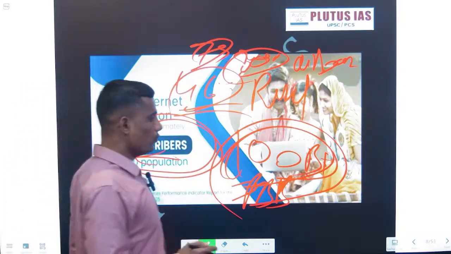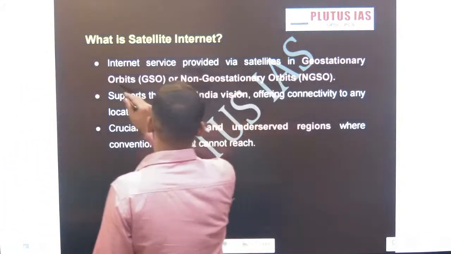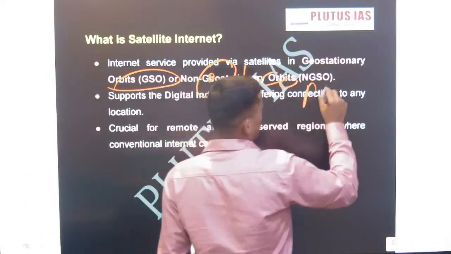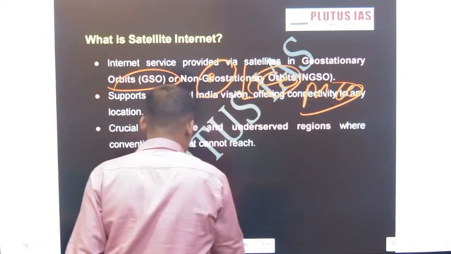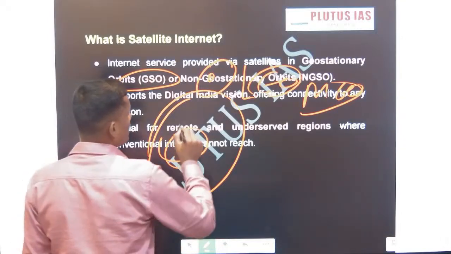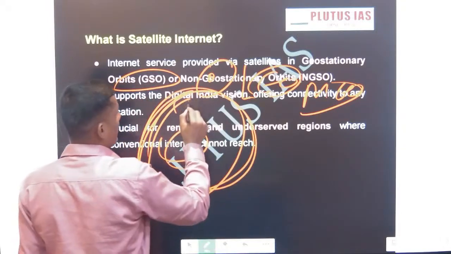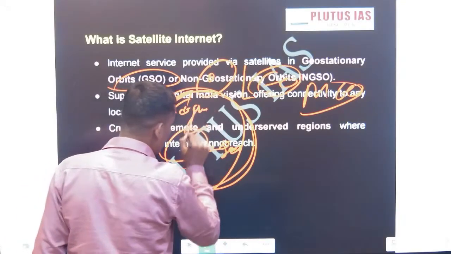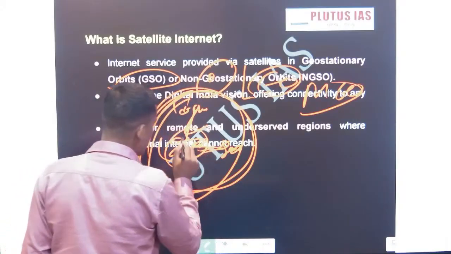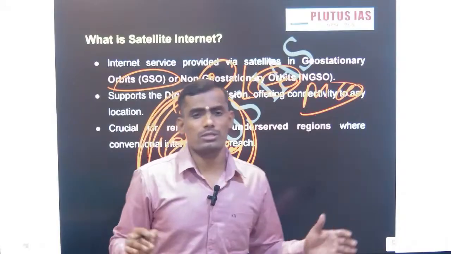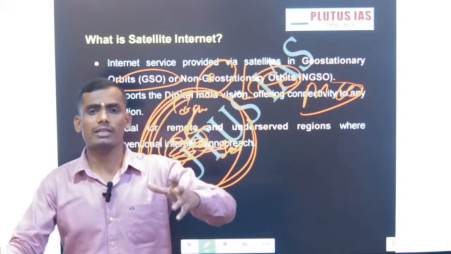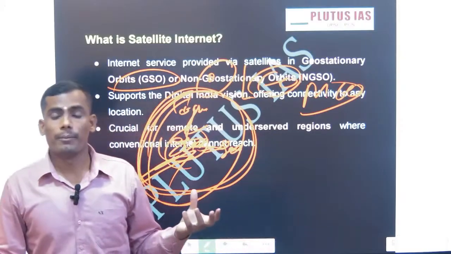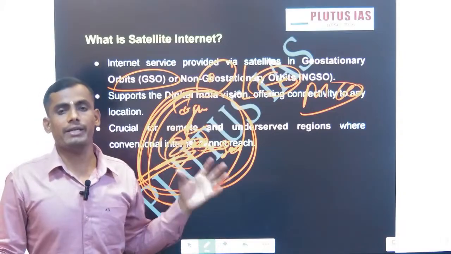Before that, I just want to explain what exactly satellite internet is. Here is the orbit, either low Earth orbit or middle Earth orbit. Around our Earth, the surrounding is called Earth orbit. Here there will be one small satellite, and that will provide the internet to the ground level, instead of ground level fibers. Because during calamities and disasters, we generally hear that the electricity connection gets destroyed, then the communication connection gets destroyed. In that case, satellite internet becomes a